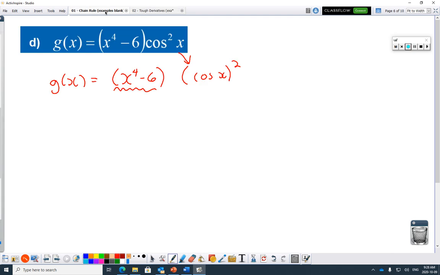For now, we'll just do a product with a little chain on it. Slowly and carefully so you can see all the steps. Product rule. Derivative of the first. X fourth minus 6 is the first. Feel free to use these underlines as you're going through these to get organized so I know which is the first and which is the second. The underline helps to do that. Derivative of the first, 4x cubed. Derivative of minus 6 is 0. Times the second,